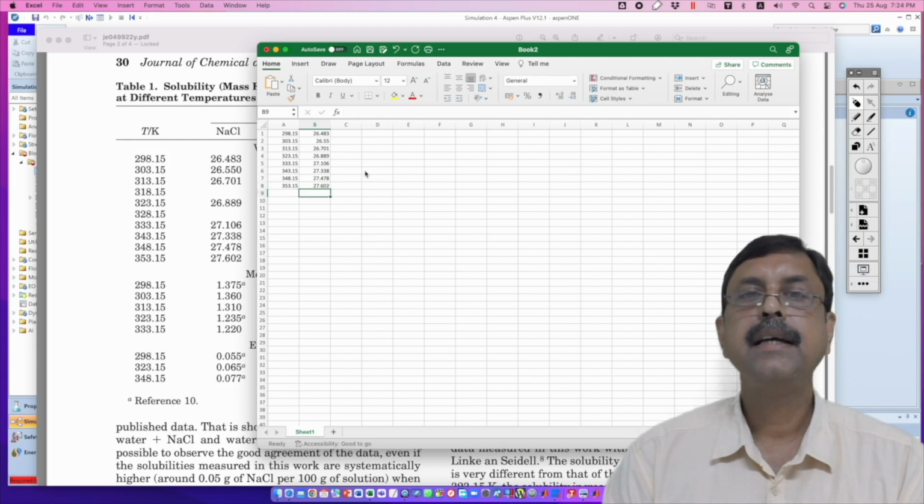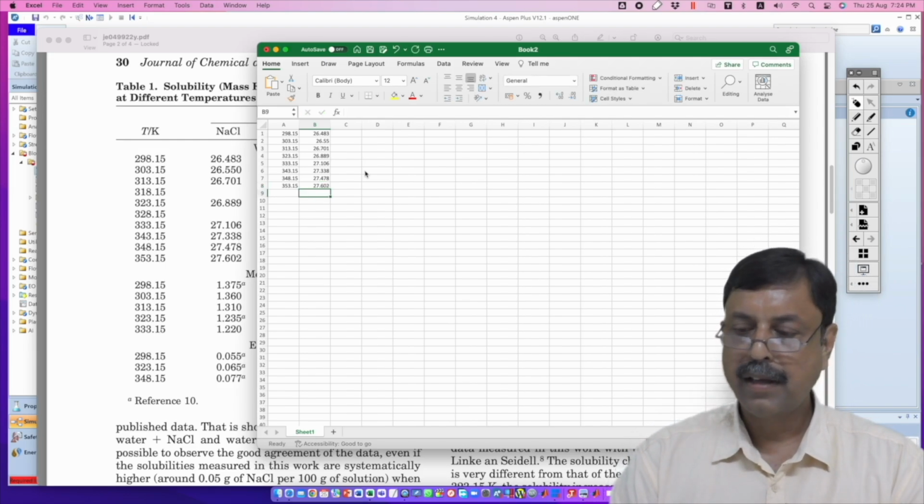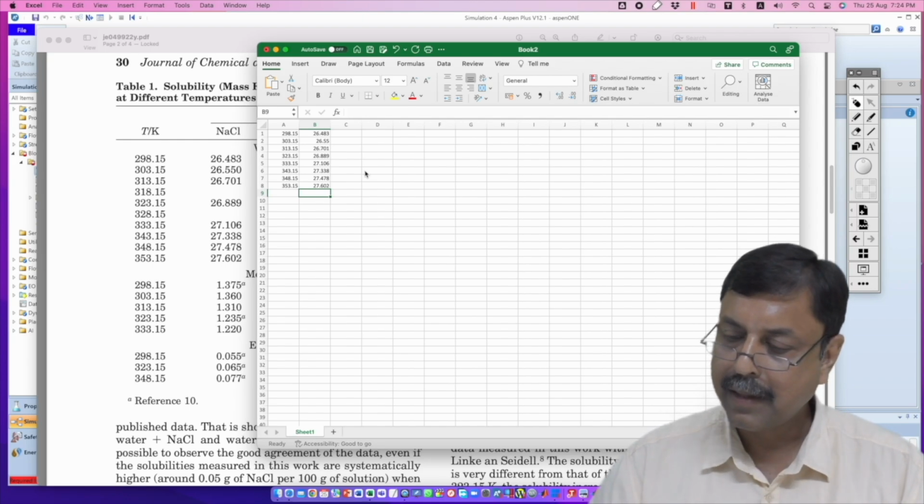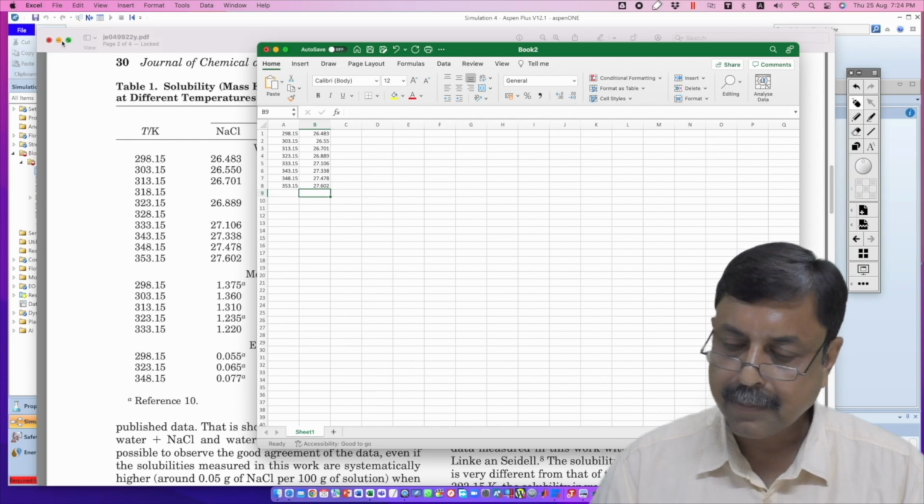So these are the data points that we have, and we have to work with the information as per